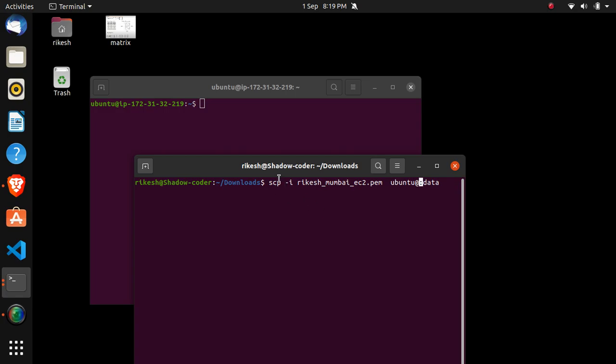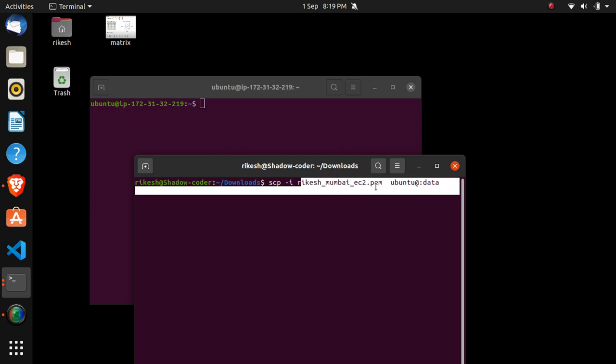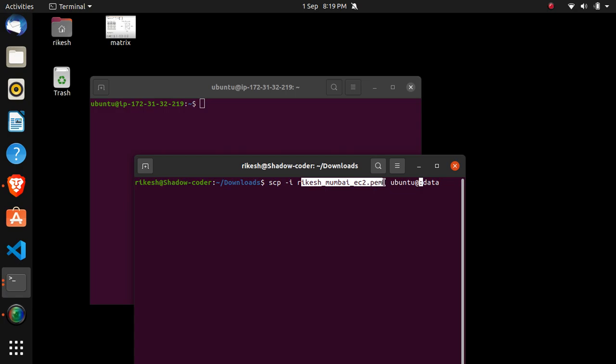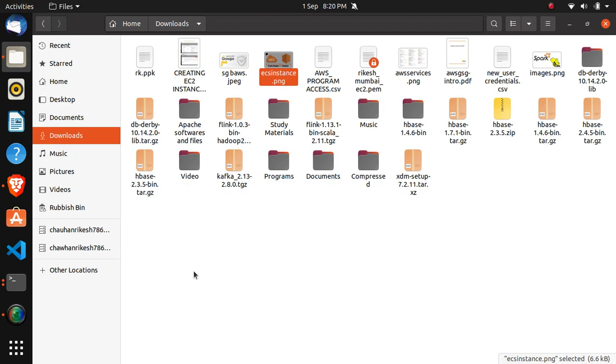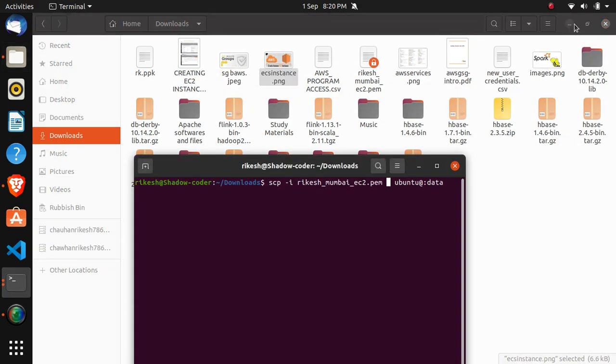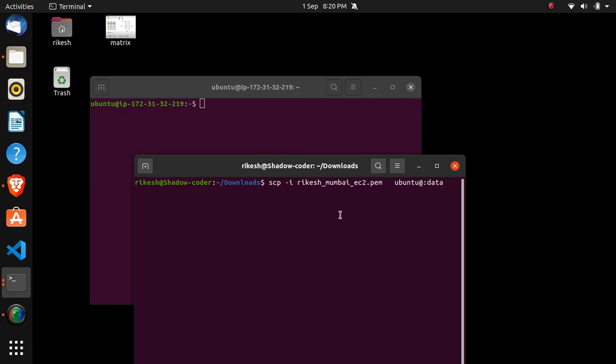We will write our scp command with -i, and then after that we have to provide our PEM key file name. After that, whatever file you want to load into our instance, we have to give that file name. So for now I am going to give my file name from downloads. I am going to upload the ECS instance.png file from here into my instance. So let me give ECS instance, that is my file name, and then after giving the file name, just give